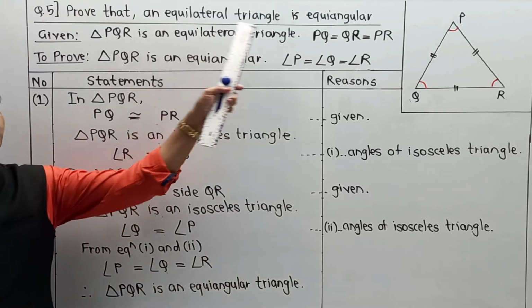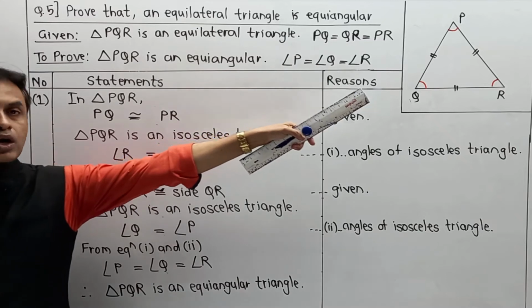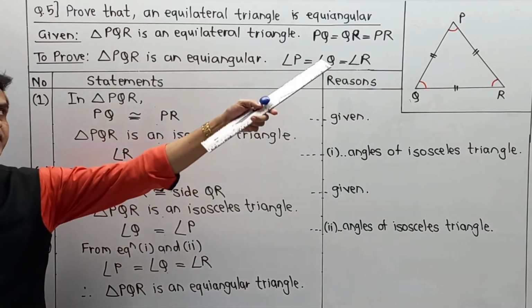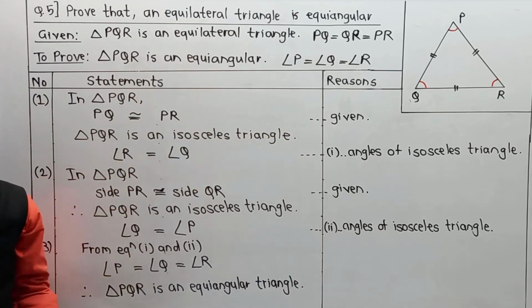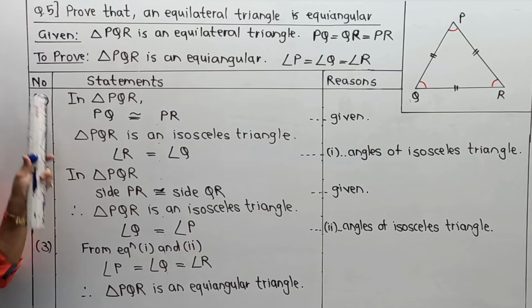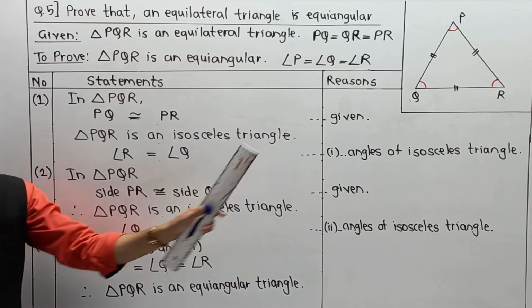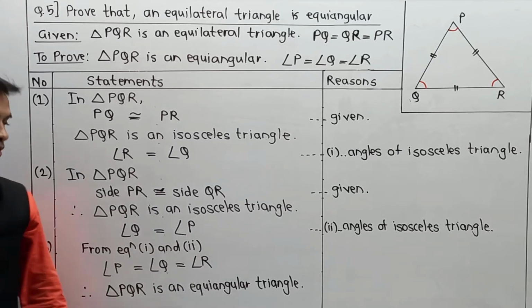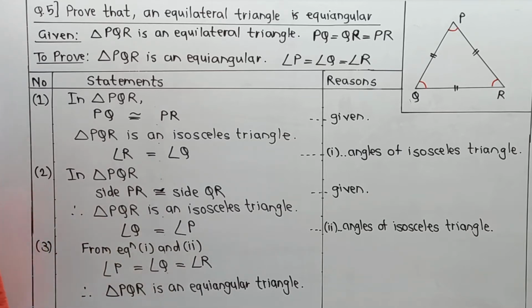Means in the exam they only give you a statement, and you have to draw a diagram. If it is triangle PQR, then explain in terms of PQR. If it is triangle LMN, explain in terms of LMN. But please, draw the diagram, and write given, to prove, and proof in the form of number, statement, reason, and also in grouping 1, 2, 3, depending upon the length of your numerical or proof. You can easily write the part. And now in chapter 3, it is expected from you. So please adopt this writing method and clear your concept.